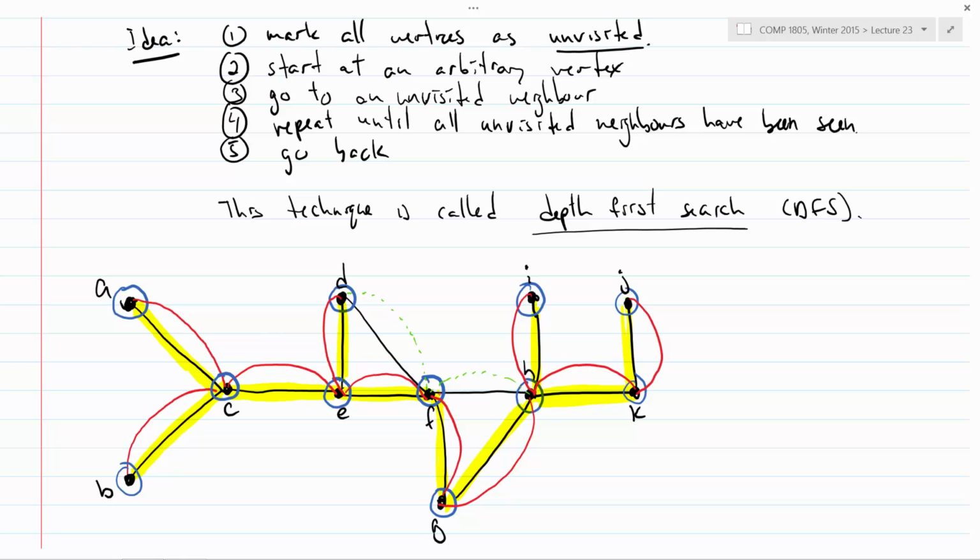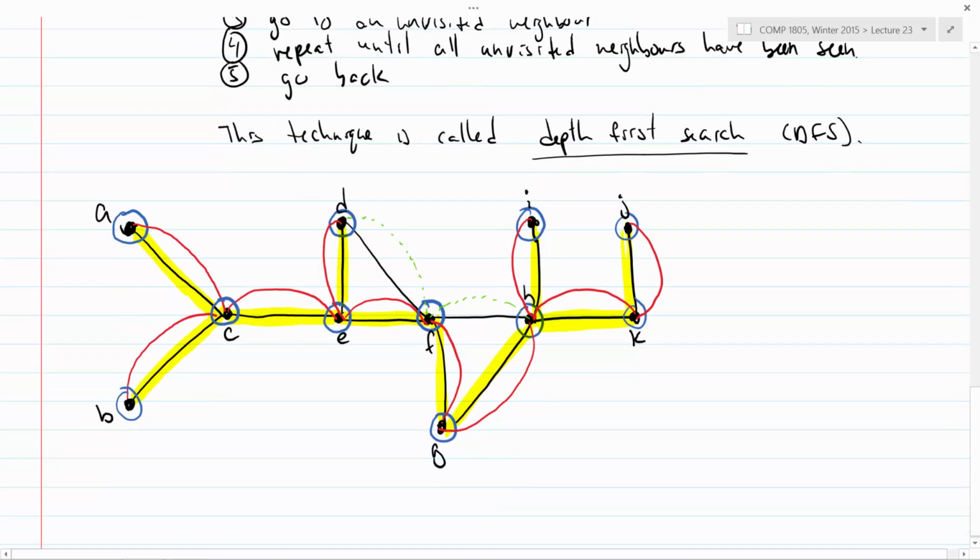Yep. Is it like the longest chain from the tree, the largest chain? Close. You're on the right track. It's very related to that, yes. The number of vertices. How many vertices does this tree have? Right, it has the exact same number as the original graph, which means this isn't just any tree, it's a spanning tree. So the yellow edges form a spanning tree.